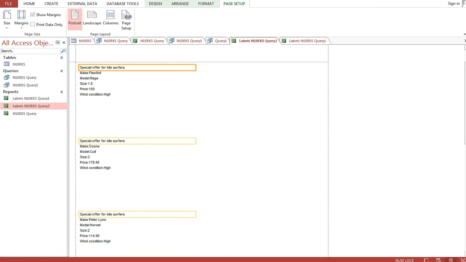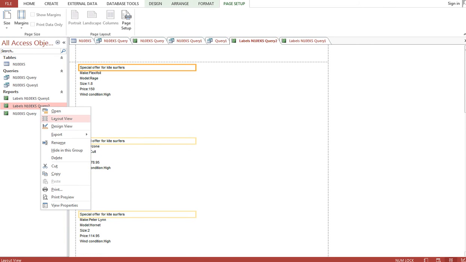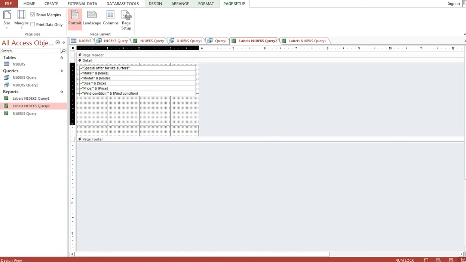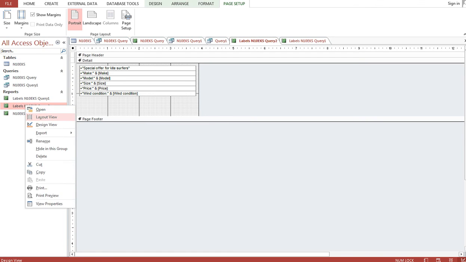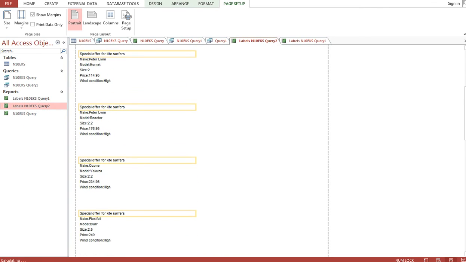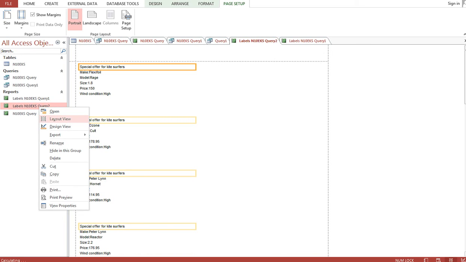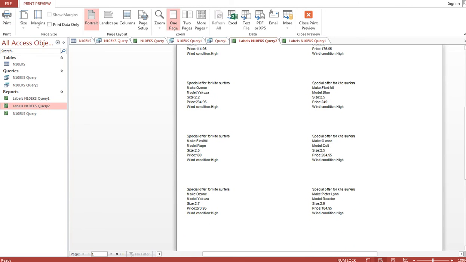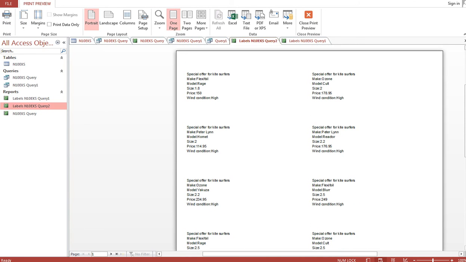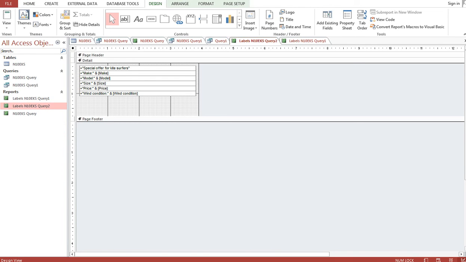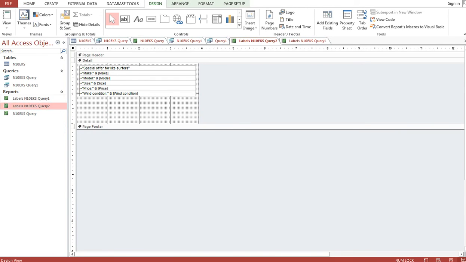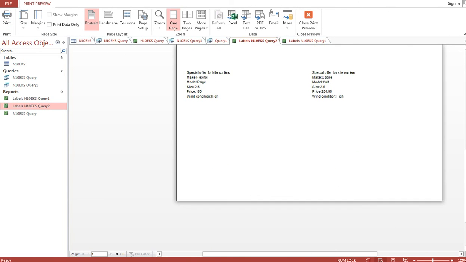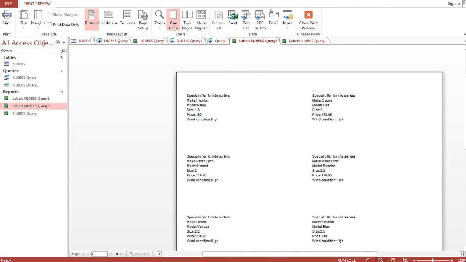Let's go in layout again. Oh, I think we expanded it too much, so we'll go in layout again. Oh wait, design again, and we'll make it like this. Now we'll see how that goes. Let me see what difference it makes if I go in print preview. Yeah, it's the same thing. Now how many are there? 1 2 3 4 5. We just have to reduce one, so I'll expand it a bit more. Now let's see how that goes. Print preview: 1 2 3 4. Oh yes, so now we have